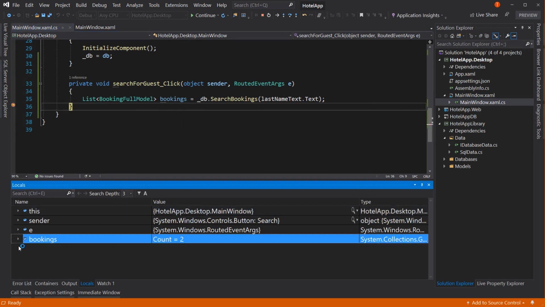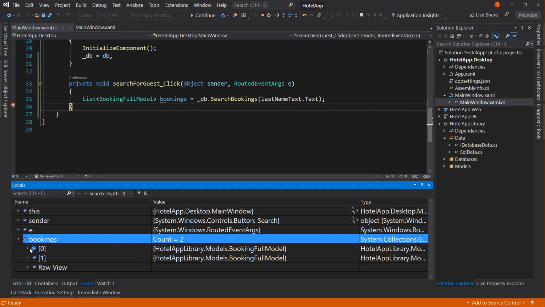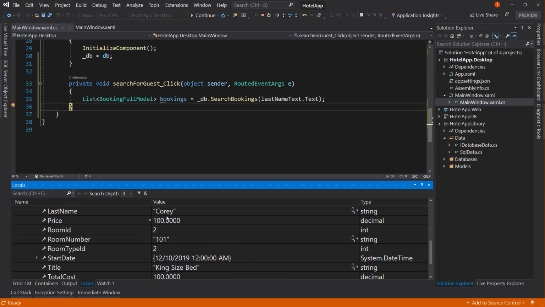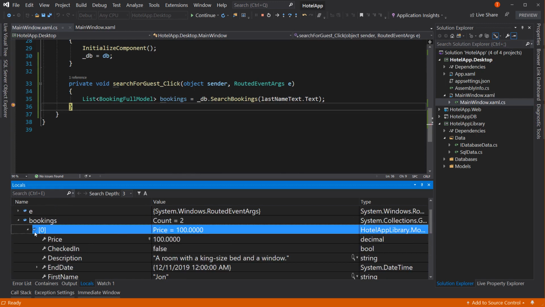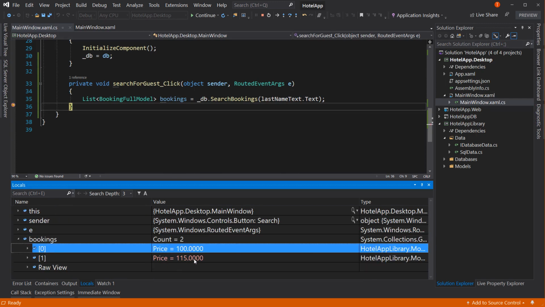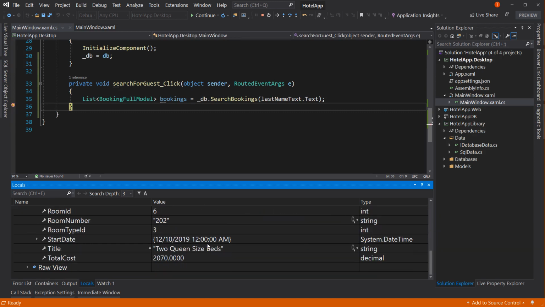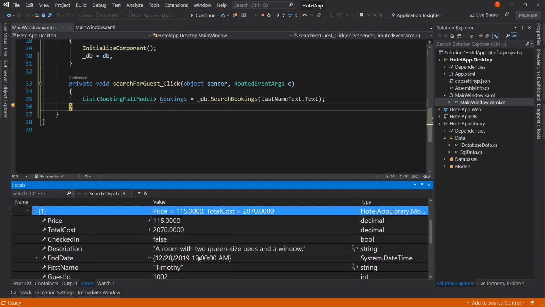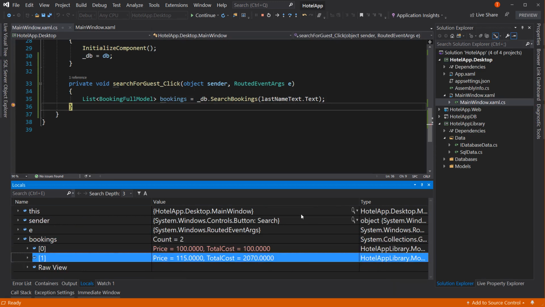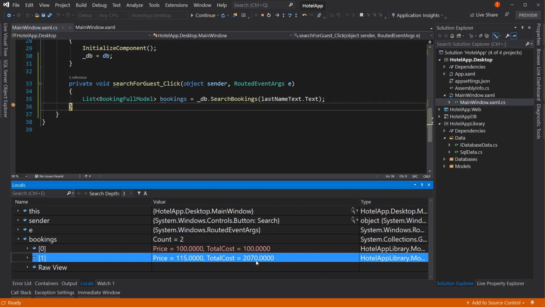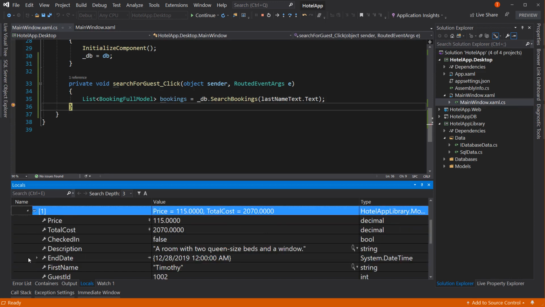So now bookings has 2. And if we open one up and let's come down here and let's pin the price. So the price for this one is 100. The price for this one is 115, which the price is actually, I want the total cost instead. There we go. So total cost. So now you can see the total cost for one is 100. The other one is $2,070. Notice I'm pinning just one property. I can see it when I expand it out, which is really nice. Both of these are Corey's, but if you notice,